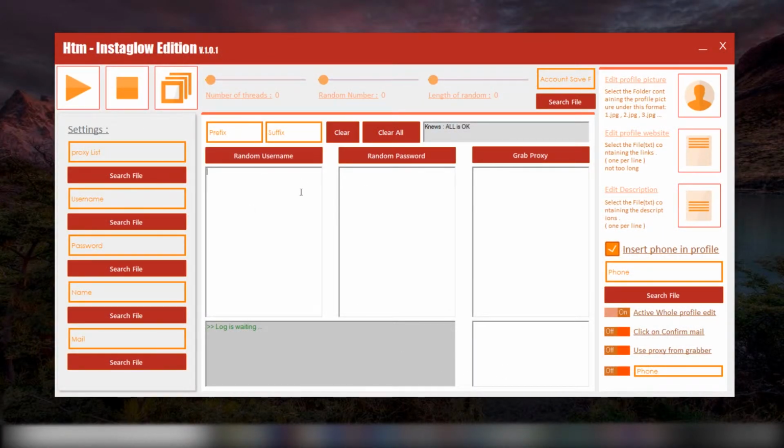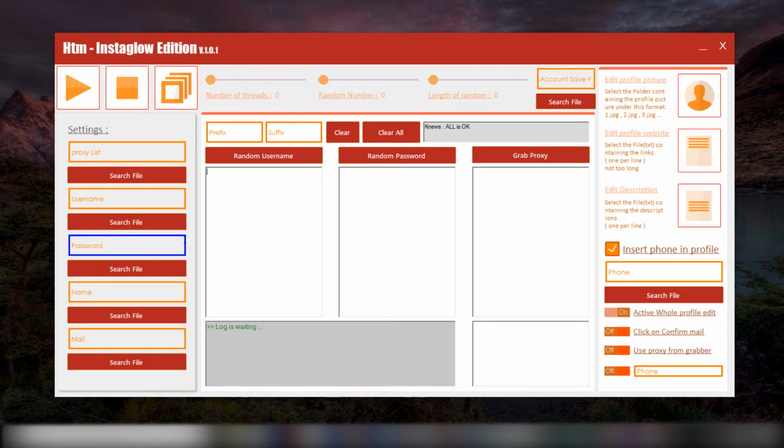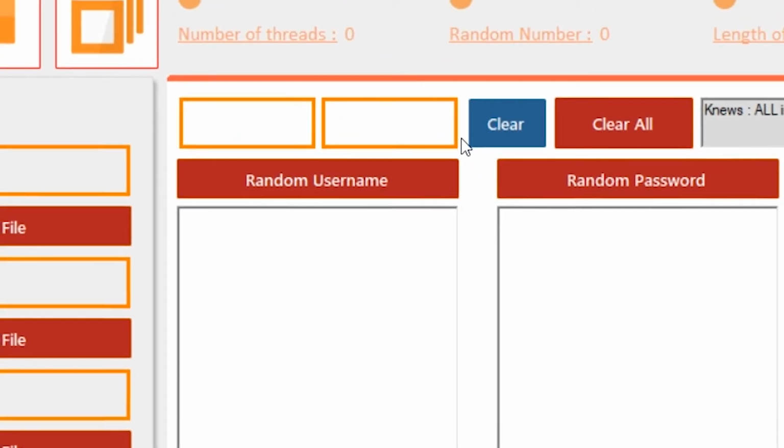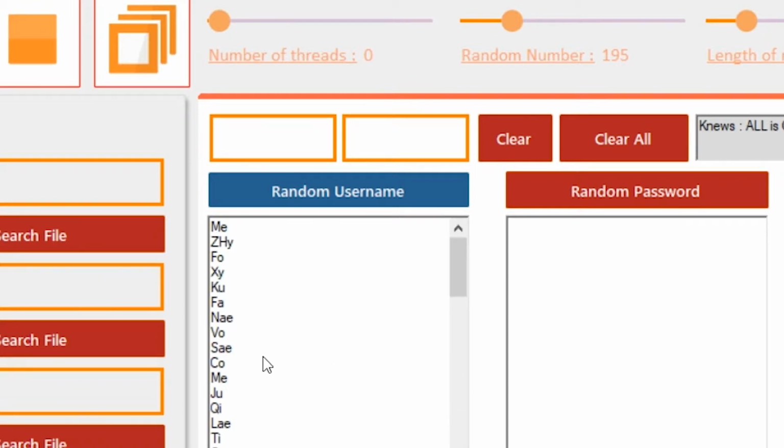So my software, I'll explain in 1 minute how it works, because I got questions about it. Simple. Here you just take the file containing all the proxies. One proxy per line, please, and not, for example, it's not a proxy here, but let's say that's a proxy. This one also is a proxy. I don't want this here, you know, when you put it in the text file, just delete it. I want it here. So if you want to generate usernames, delete the prefix and suffix, and select the number of usernames. Boom, it generates usernames. If you want to generate emails, take a bigger number, of course, and